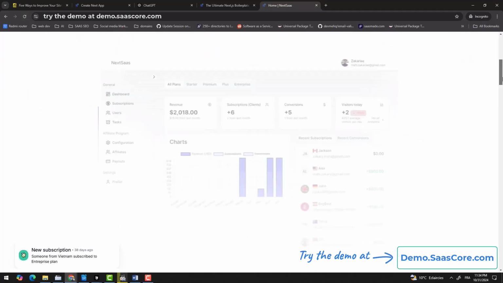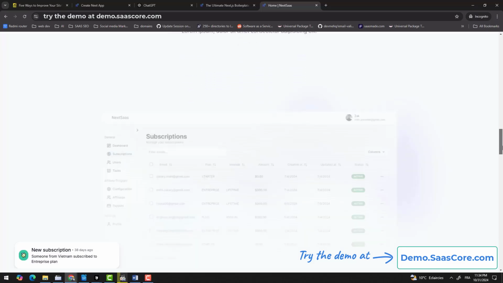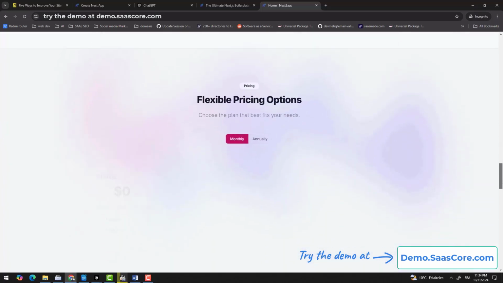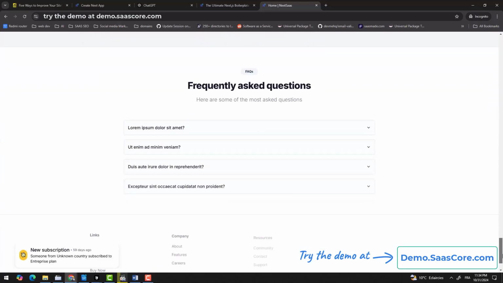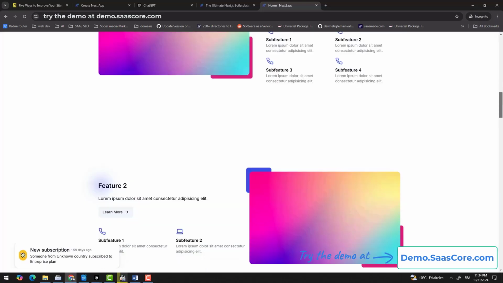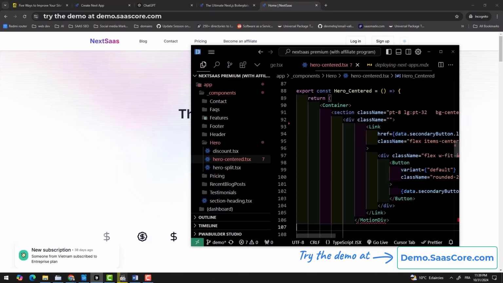In this video, I will walk you through the various landing pages included in these boilerplates. First up is the main landing page. It is designed to showcase your SaaS product with a clean, modern look and smooth animations. I know animations aren't everyone's favorite, that's why you can easily disable them by removing the component wrapper as shown